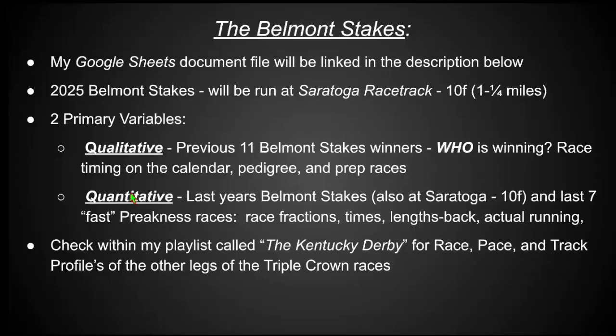For quantitative purposes, such as race fractions, times, lengths back, and variables that deal with the actual running, we will use last year's Belmont Stakes because it was also run at Saratoga going 10 furlongs, just like this year will be, as well as previous runnings of the Preakness Stakes because it will have some of the same runners as previous Belmonts, has the same restrictions, which is for 3-year-olds, and although the Preakness is 9.5 furlongs and not 10